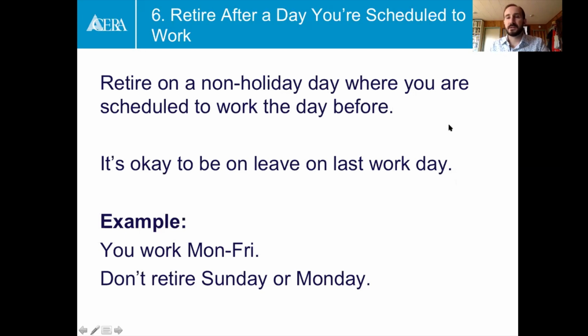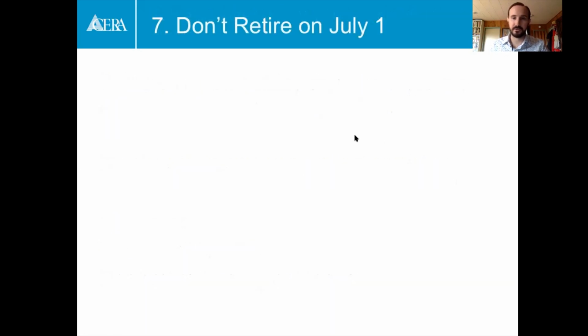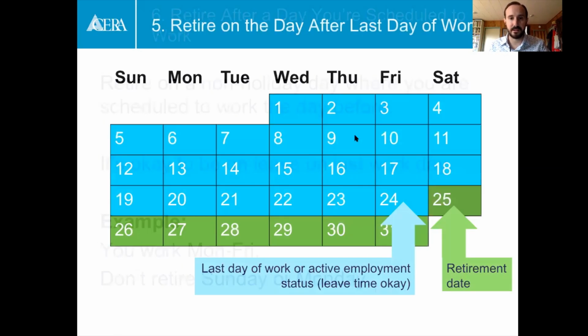Okay, so the question is, if you use some paid leave after your last physical work day, do you lose your sick leave accrual? No. So let me go back a slide. Okay, so let's say that you are using your leave balances. Let's say that you're on vacation this week, the 20th to the 24th. You're still in active pay status. You're still using your earned accruals,